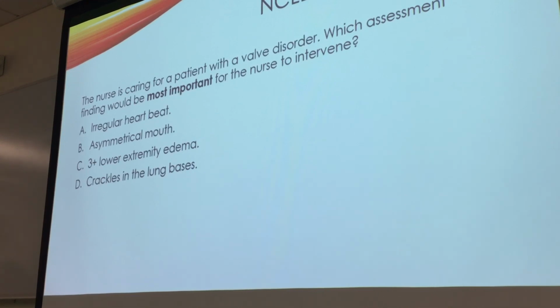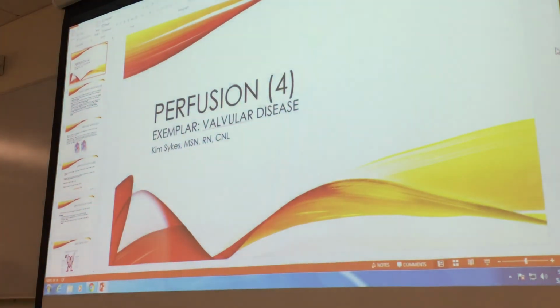And number 3, the nurse is caring for a patient with a valve disorder. Which assessment finding would be most important for the nurse to intervene? B. Yep. It's a stroke. Because of risk for stroke, it would be B, asymmetrical mouth. All right, and then I just have a case study, or